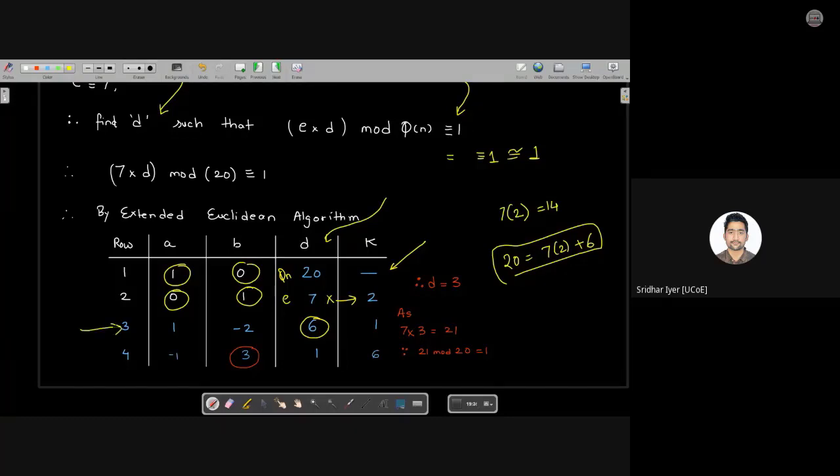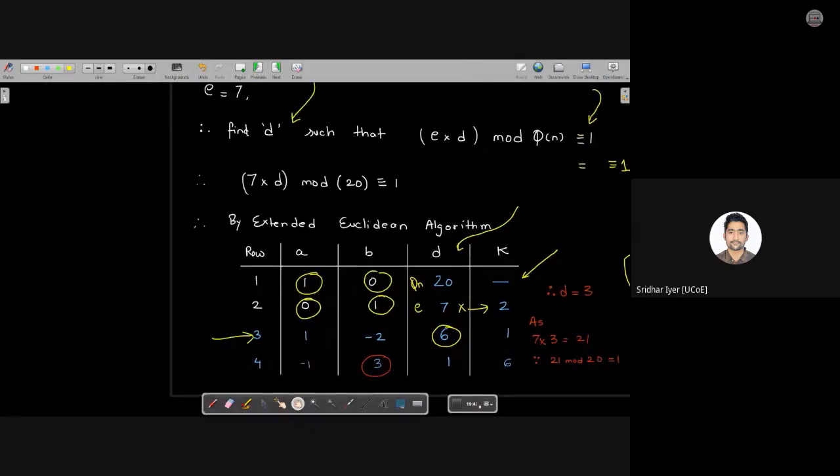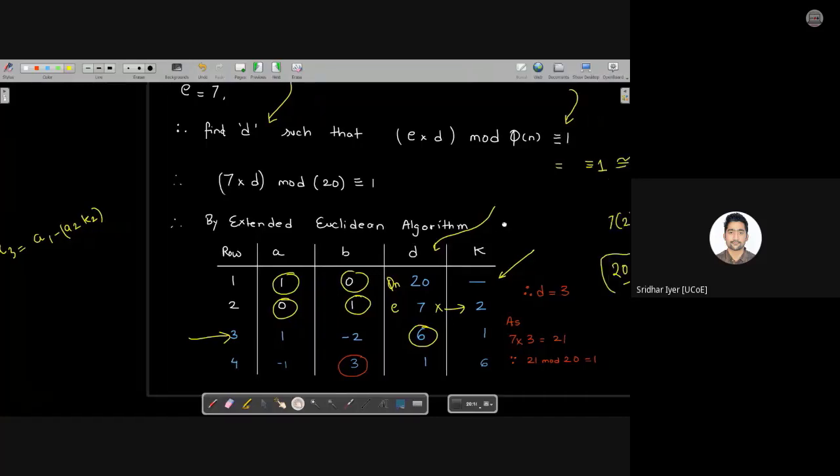Let's start populating this row. Now, when we start filling up this row, it is very simple. We had a formula, if you remember. You must all remember the formula. The formula was like this. A3 is equal to, what was the formula? Yes, come on, tell me. I'm waiting for your answers. What was A3? Come on, give me answers quickly. It was A1 minus A2 into K2. Yes or no? Fine. So that is what we are going to apply over here.